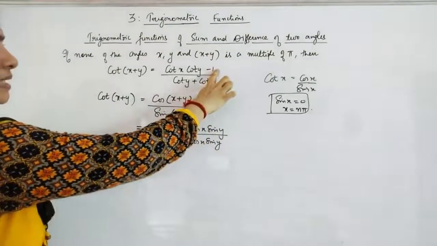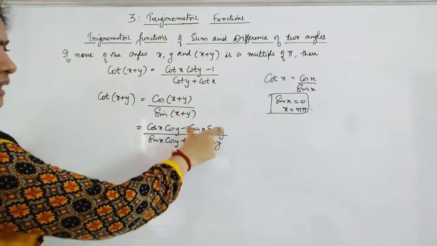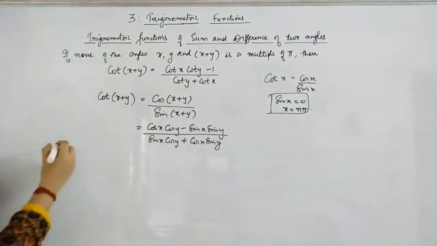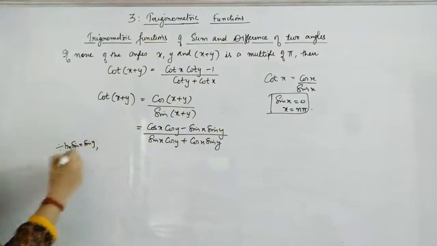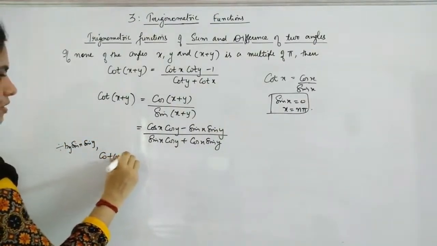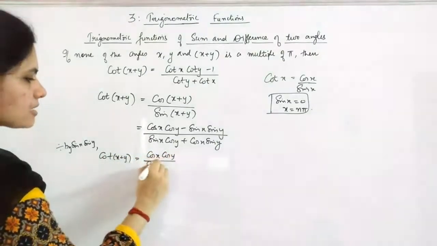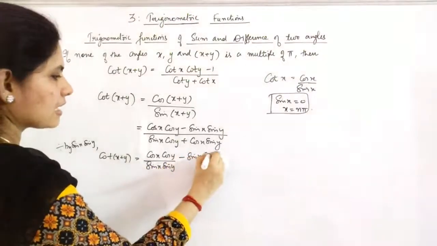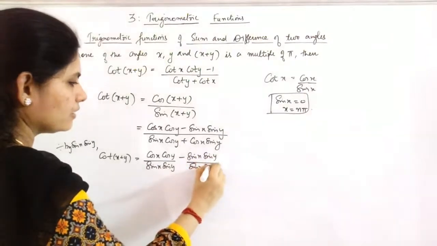Now just go for the right hand side term. Here you have 1. That means the term sin x sin y should become 1, meaning you are dividing throughout by sin x sin y. Dividing throughout by sin x sin y will give you cot of x plus y is equal to cos x cos y divided by sin x sin y minus sin x sin y divided by sin x sin y,